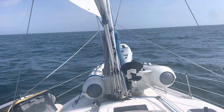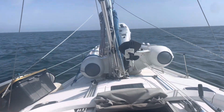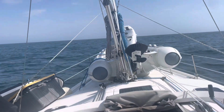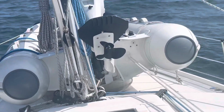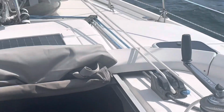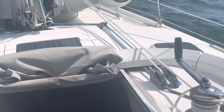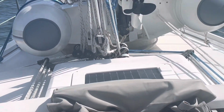Alright then, I can steer the boat from downstairs. As you can see, I got the tender so that it will not roll fore and aft. See that line I got going to the transom? It's going around one of the hooks, and it's going back to this here, and around this winch. So I got a front tow line tied to the front cleat, so it will not roll on those fenders